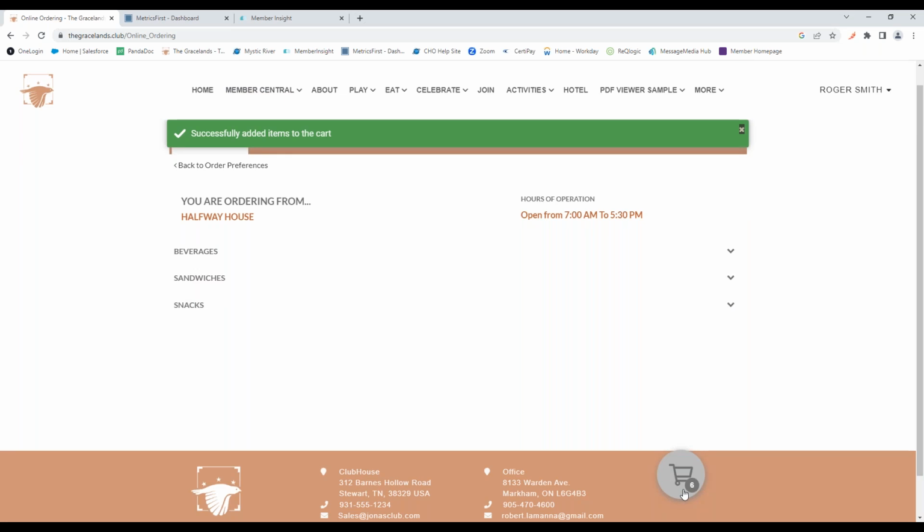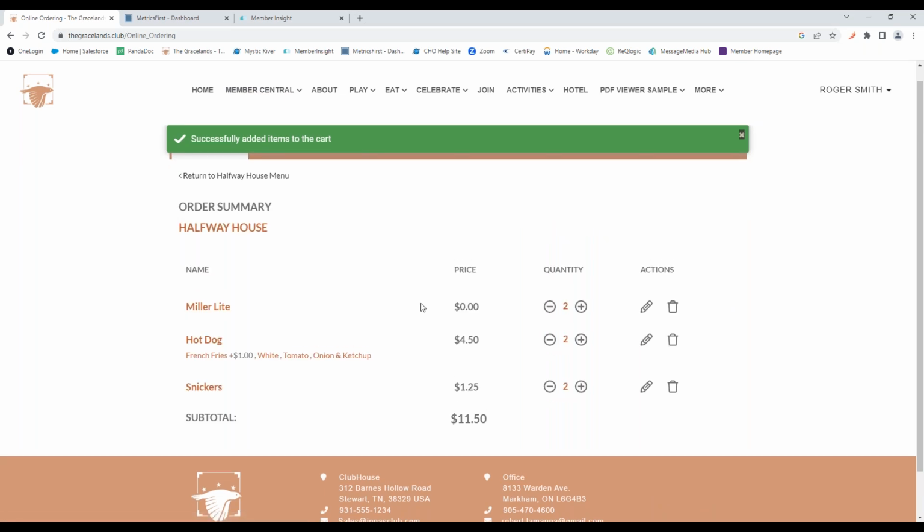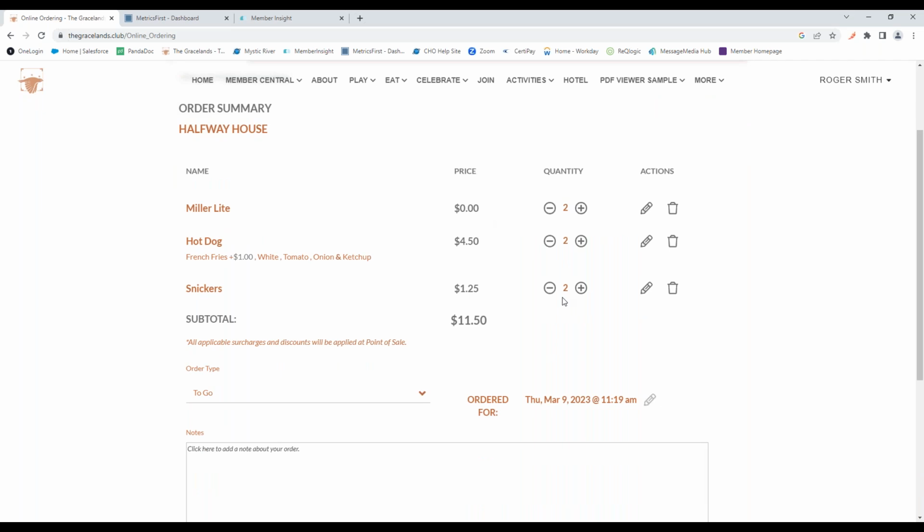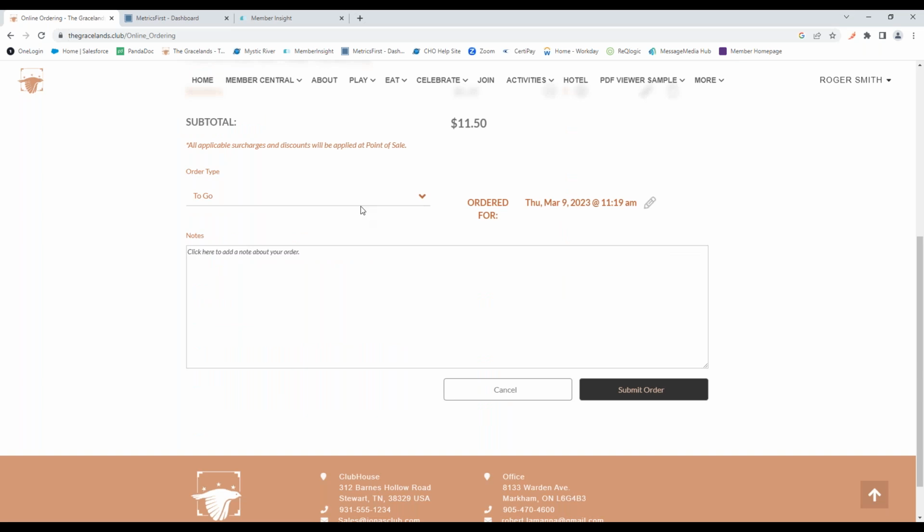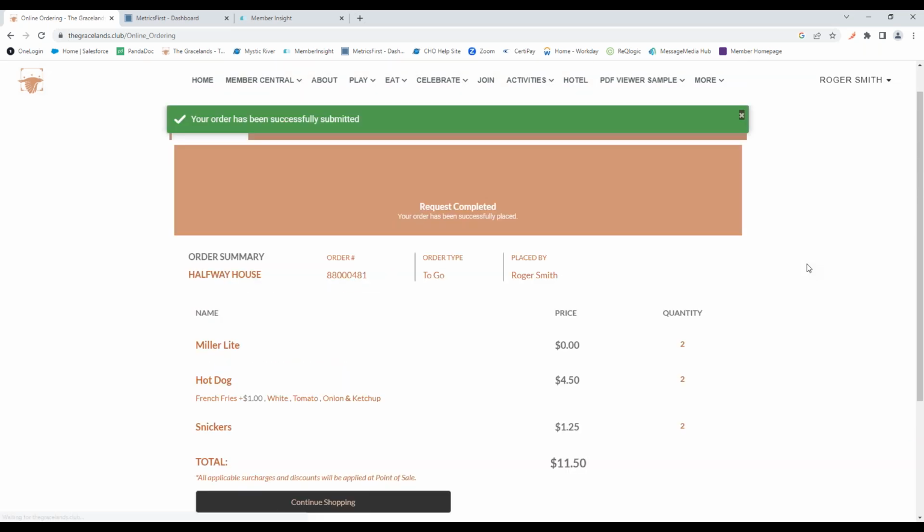And then if we're all set to go, we have our cart menu down here. If we click into that, it will show our current order. We can make any modifications that we need before we send this through. Got our order type. And if there's any notes that they would like to add, they can do that at the bottom in the notes section. If they want to add something like that just to give the staff a time frame and when they will be there, they can set that up. And then we would just click submit order.